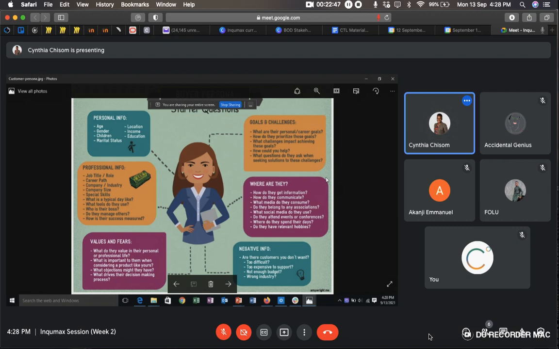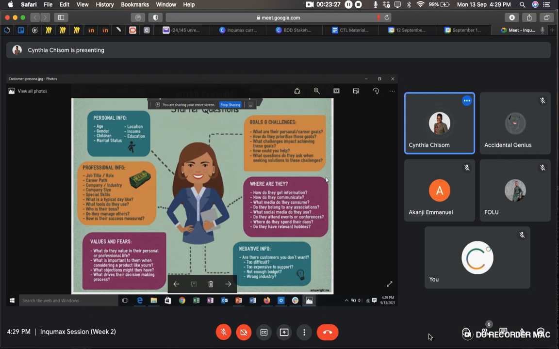But there is also personal information that you need: the age, the gender, and so on. You also need to know where they are right now. If it's a farmer, how many farms, how many acres, how many hectares, how many workers does he have, basically things that are relevant to his role. For construction companies, the same: how many workers, how many projects have they worked on, how many real estate or construction projects do they have ongoing. So, relevant information with respect to that industry or the stakeholder's profession.